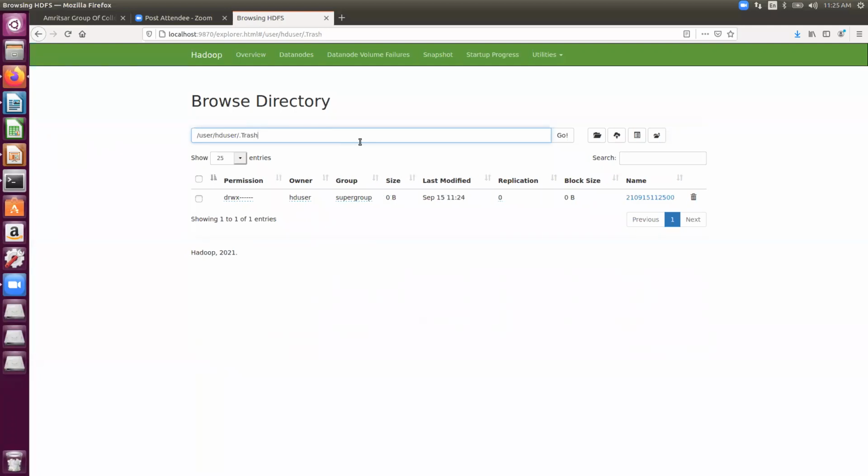Okay, and 3 minutes after this, that is at 11:28, this file would be removed from the trash, where it is right now. So if you require it, you can move it back from this place to some destination that you like. Okay, now the trash is configured. This is how you can configure trash, and you can understand the properties when you set that fs.trash.interval property as